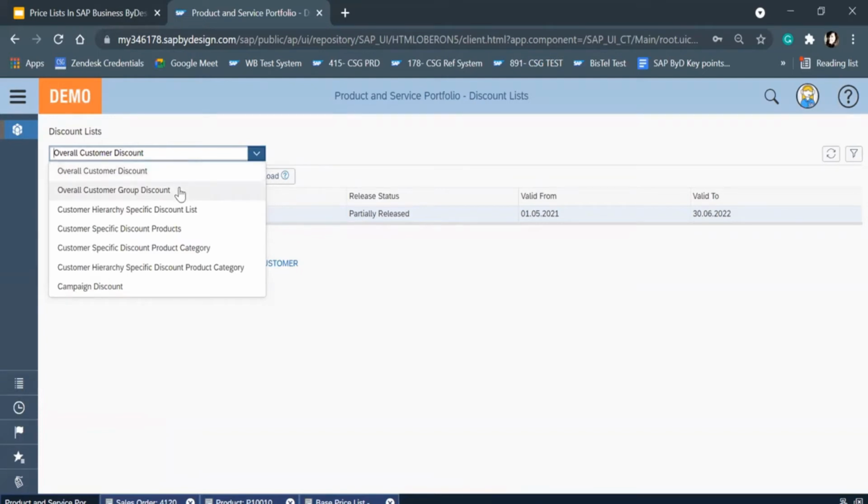So we have to set up the customer group, and according to that, we can set up a discount. Then there is the hierarchy basis, which hierarchy the customer is following. According to that, we can give them the discount. Then there are the customer specific discount products. This is on the specific products and the customer. If we have a customer named heat transfer, and we have a lot of products, but we are going to give them the discount on 5 products, we can specify which products those are. Then we have the customer specific discount product category. So here we will have the product category for that specific customer.